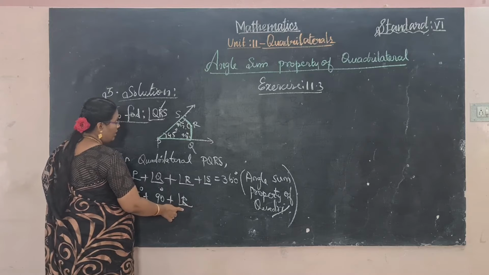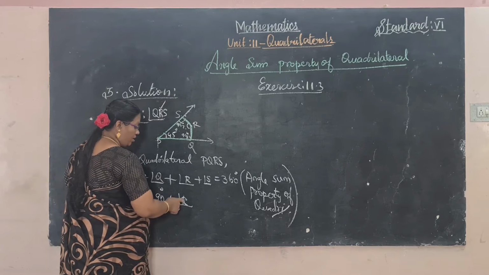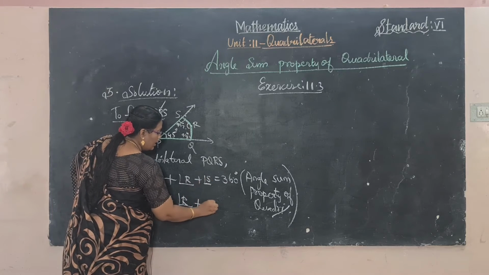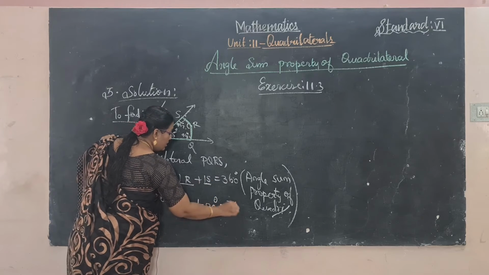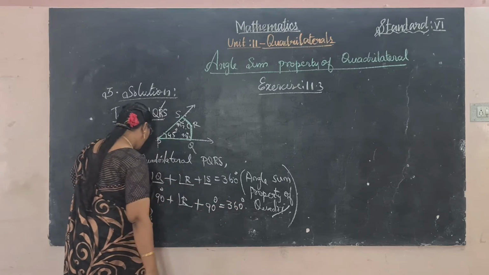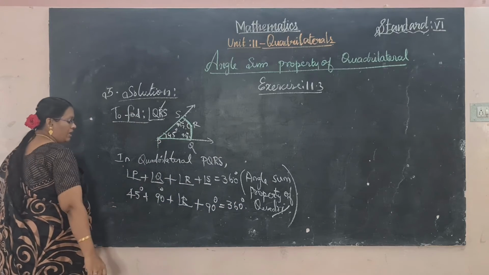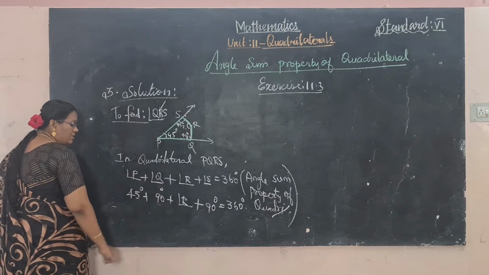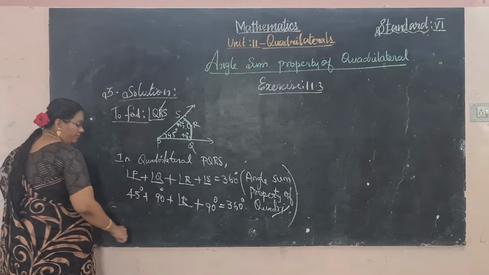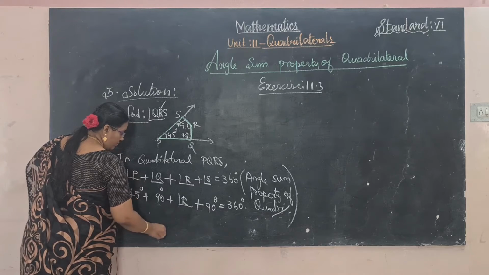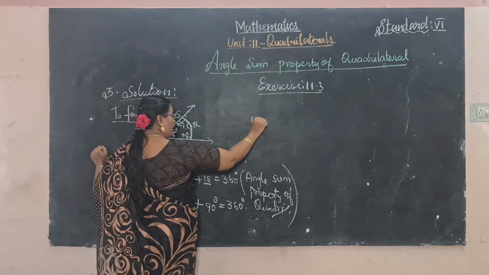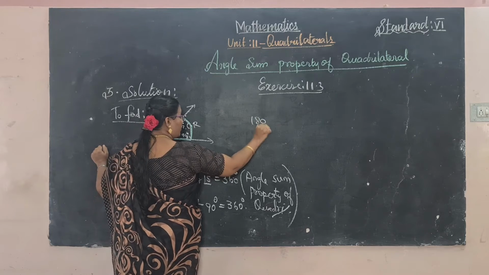So angle R, plus angle S is 90 degree, equal to 360 degree. Now add these three values. 90 plus 90, 180. 180 plus 45,